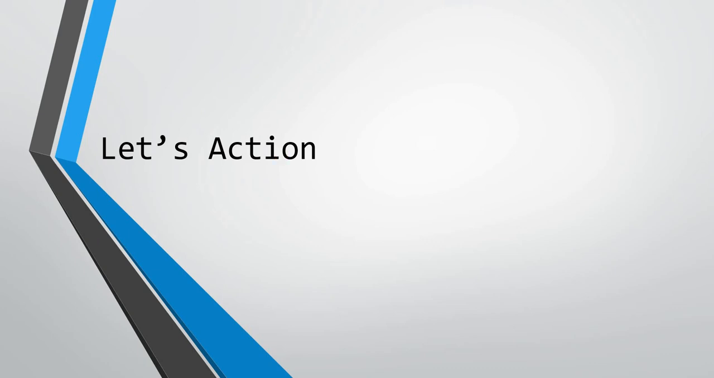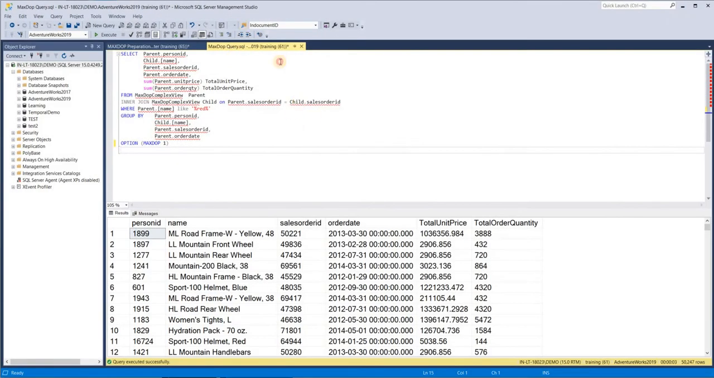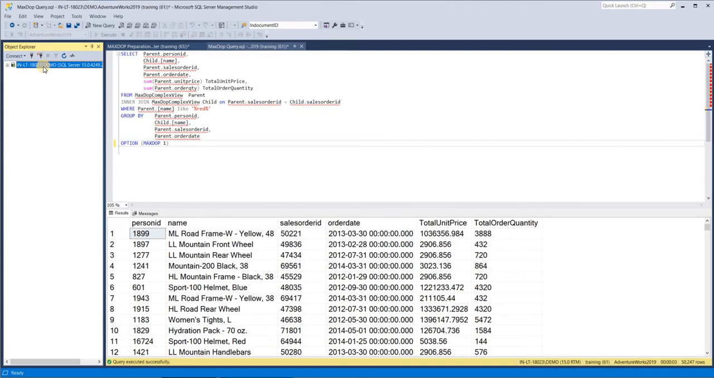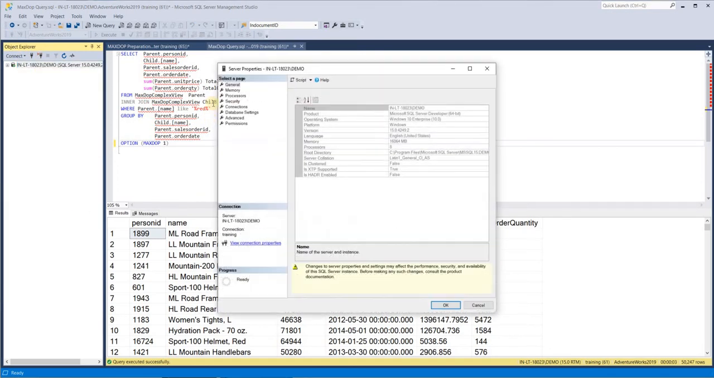Let's get into action and let me open my SQL Server. Before I show you how MaxDOP works, let me first show you how you can set this value. As I told you, it can be set at the instance level. So this is my instance. Just right-click it and go to Properties,